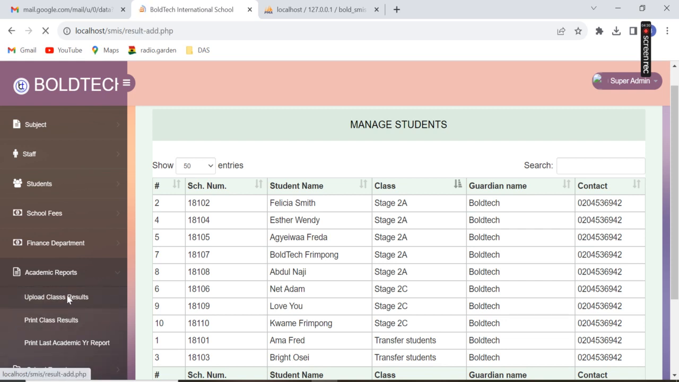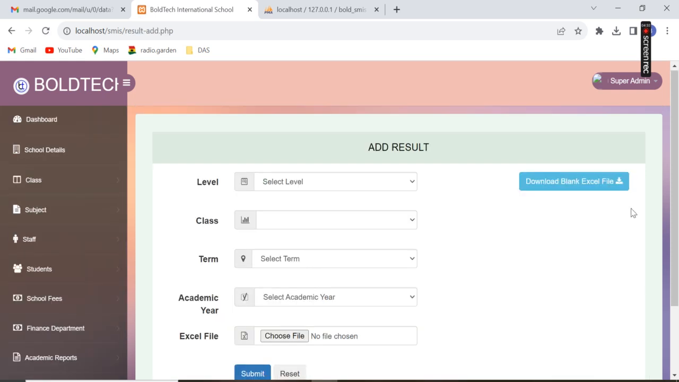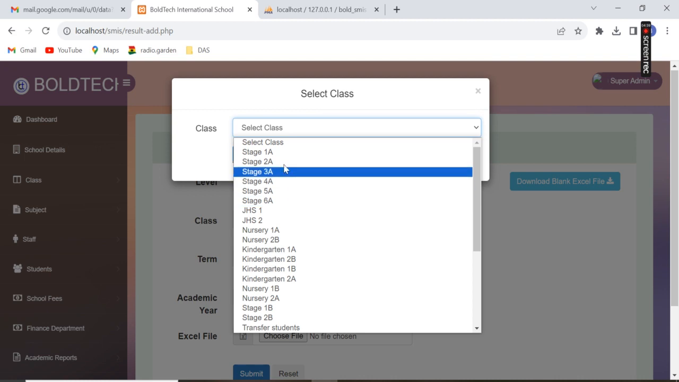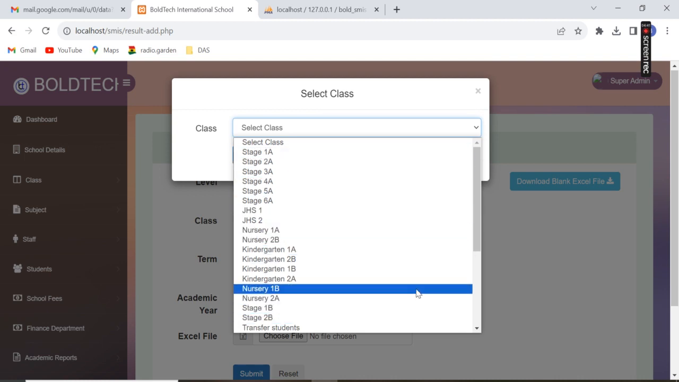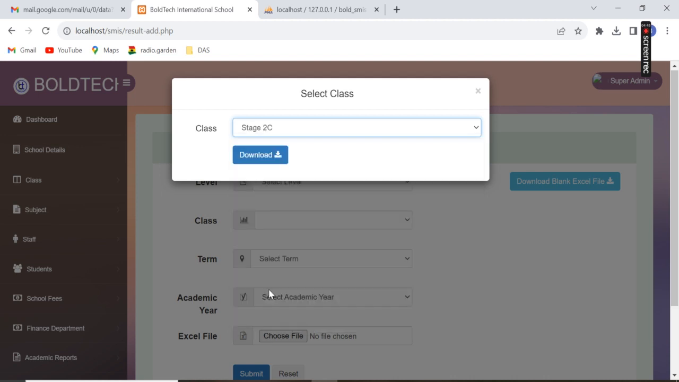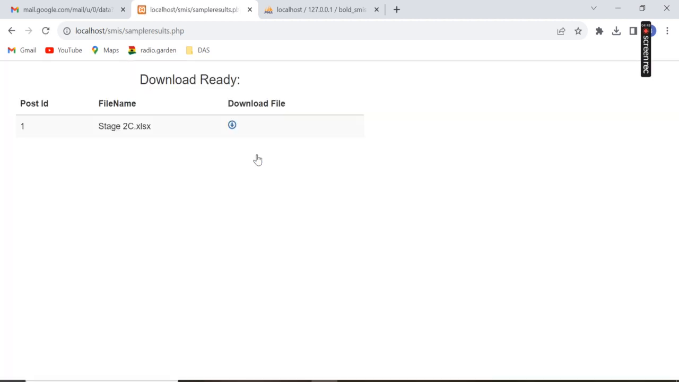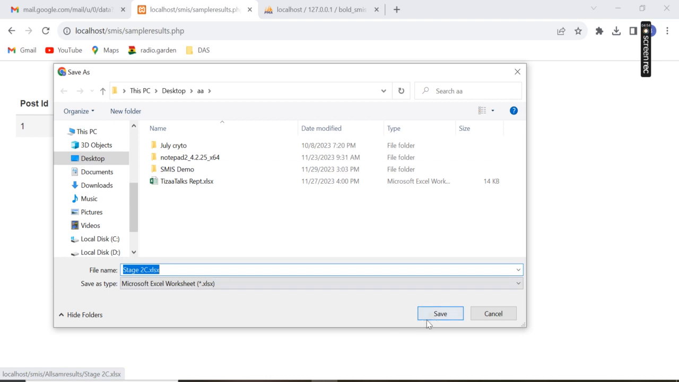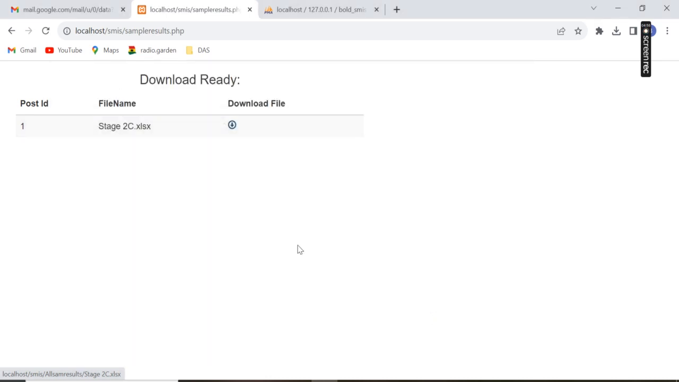You can upload reports to classes. First of all, for a class, you have to create a download file for that class. So I say stage 2C, and this Excel file will come with the names of the children or the learners in that class. So I'll just save it this way, and if you were to open it, you would